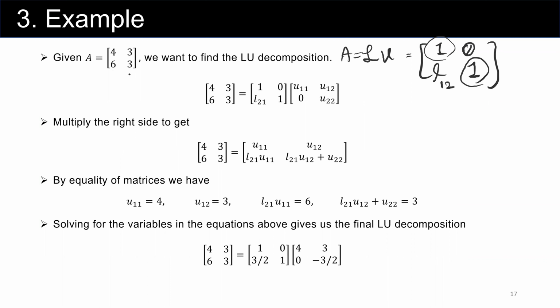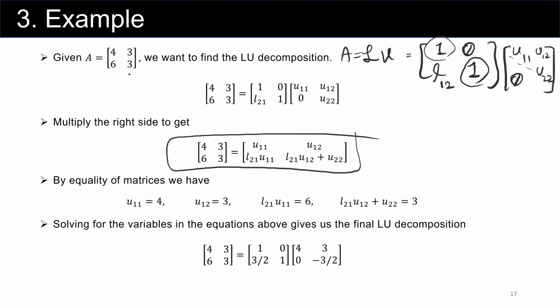And U is an upper triangular matrix. What does that mean? Whatever is below the diagonal is 0, and we have U sub 1,1, U sub 1,2, and U sub 2,2. So if we multiply these two, as we said, this row is multiplied by this column, U sub 1,1,